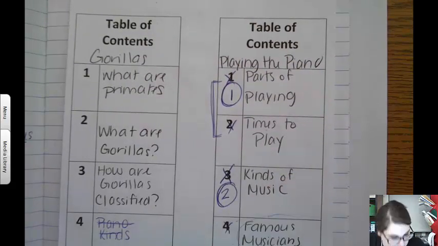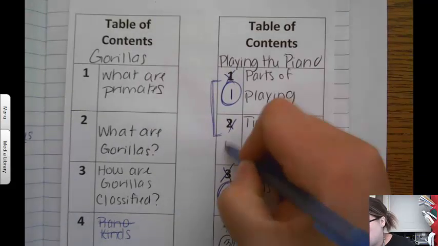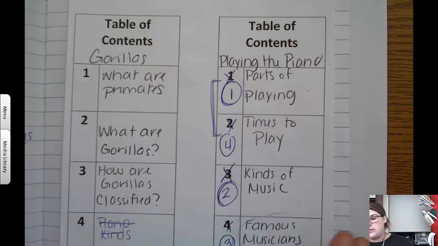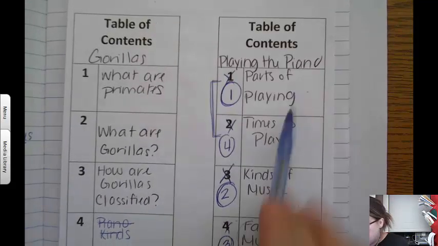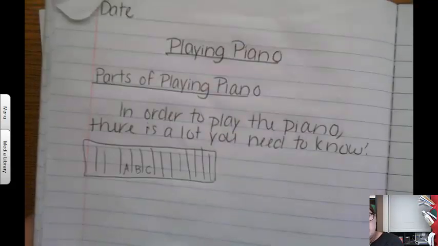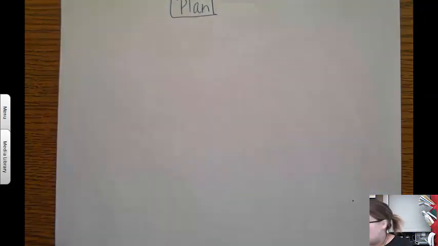The next thing I wanted to write about was famous musicians. And then after that, I'm going to talk about the times that I play piano. So I'm going to teach you a bunch about playing piano, and then I'm going to talk about me playing piano. So let me jump into my parts of playing piano. I know I've started elaborating it here, but let me organize my information. So I know I'm going to write plan up at the top here, and you'll be able to do the same. So what I'm going to do is start with a heading, and that's going to be